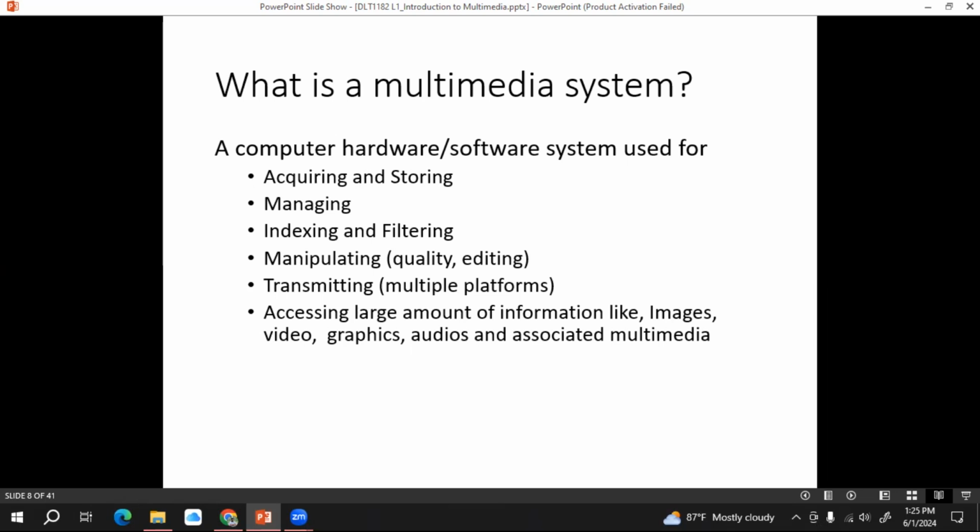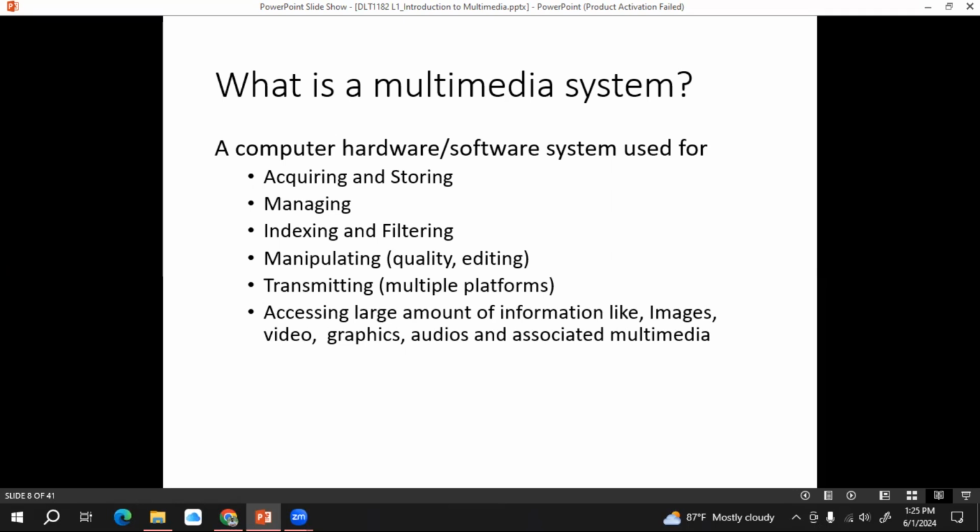Then people can create their own channel and upload their videos, right? They can store something on the YouTube platform. Then if you want to watch some video on YouTube, you can access it, right? If your system is a good, better-performing multimedia system, it should have this feature, acquiring and storing, right?